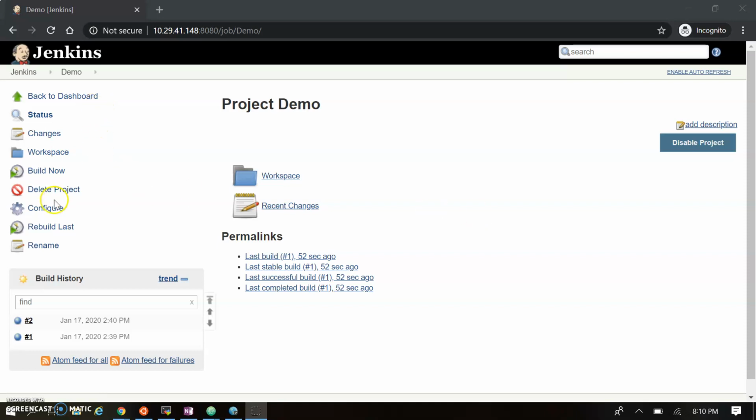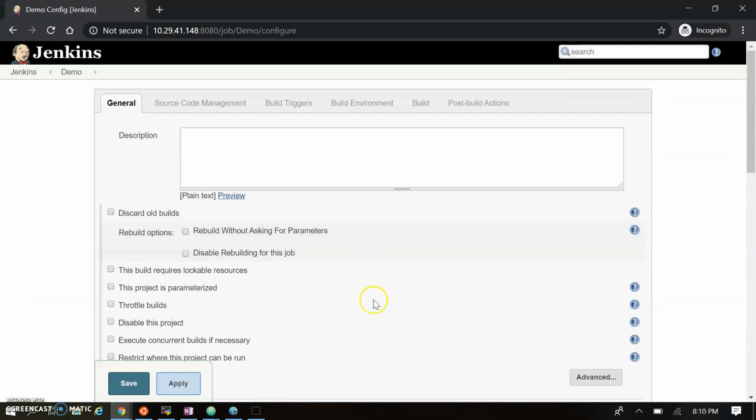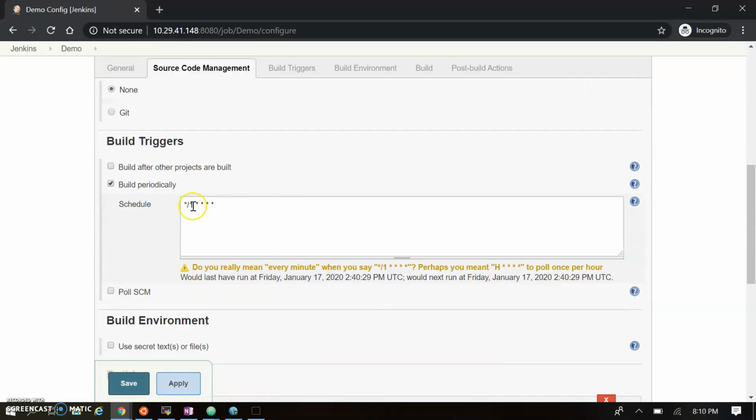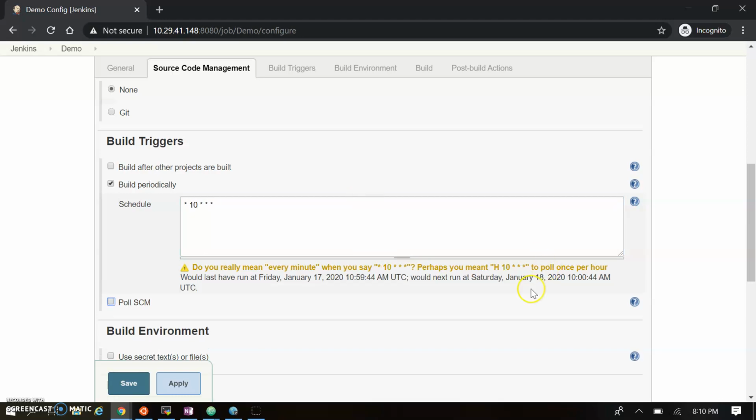Let's go back to the configure page and see if we want to change anything else related to the cron schedule. This is the mark for each minute, so I'm just removing this one tag. This is basically the minute field, the first one. Second is the hour. If I want to run at 10 a.m., you can see the suggestion that it will run at 10 a.m. If I want to run the next one, I'm changing again. You can see here it will run at 10 a.m. on the date of 10. So this is how it works.